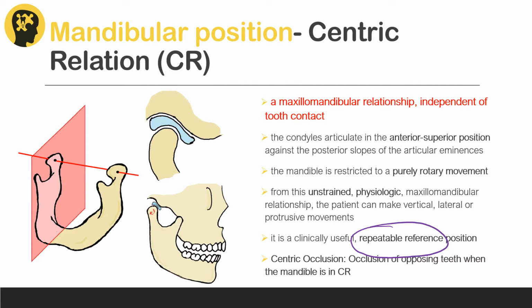Okay, it is not a tooth determined position, meaning that for a patient it would be the same with or without teeth. So it is a relationship of the mandible to the maxilla, and it's an entirely joint determined position. So in the centric relation position, the condyles are oriented in an anterior superior direction. So here we have the mandibular fossa and the posterior slope of the articular eminence. Here we have the condyle. If you look at the direction of the condyle, they're seated in the most anterior and superior position against the posterior slope of the articular eminence. And this particular position is favorable for the masticatory system.